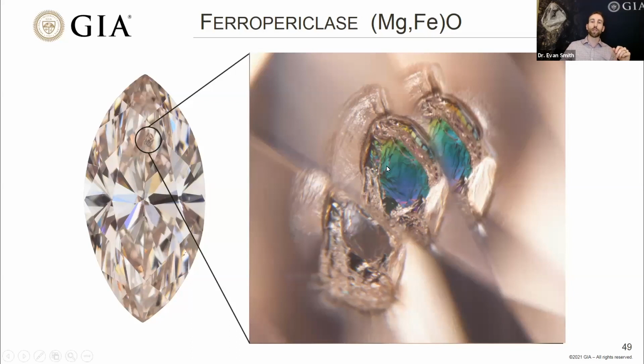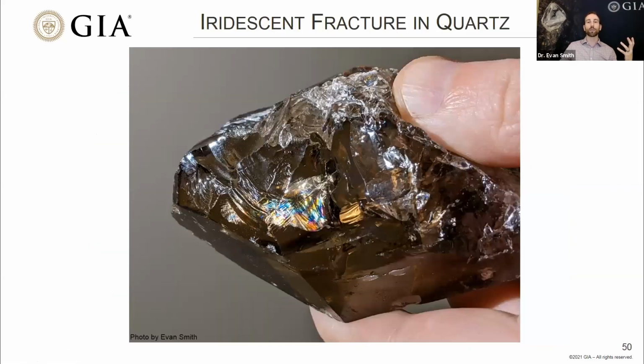So this is something that we see in soap bubbles or in oil slicks, or even in fractures. For instance, you might have seen this in quartz. Quartz often has very thin fractures in it that have this same kind of iridescent appearance, again, due to thin film interference. So the white light is interacting with this tiny, tiny air gap where this fracture enters this piece of quartz. And we see a whole bunch of colors in here, the same kinds of colors we would see in a soap bubble or an oil slick. And these are the same kinds of rainbow colors we see in ferropericlase inclusions.